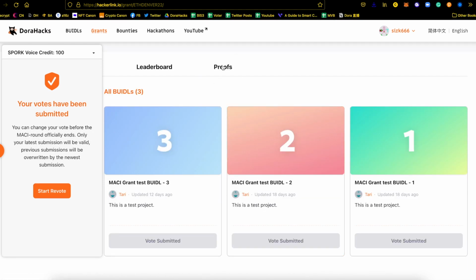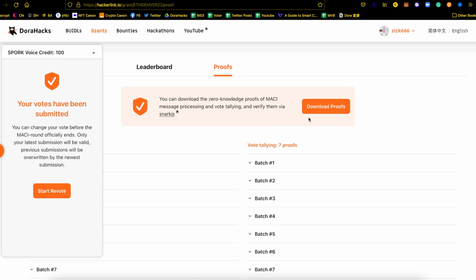Click Proofs. You can download the zero-knowledge proofs of MACI message processing and vote tallying and verify them via smart